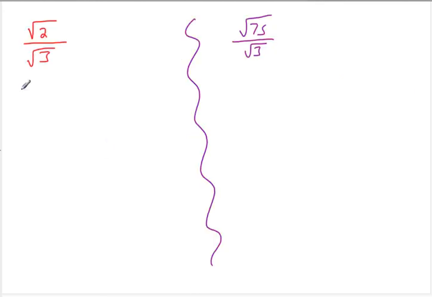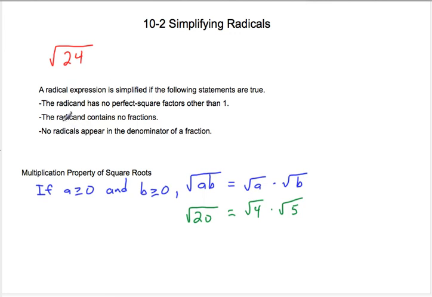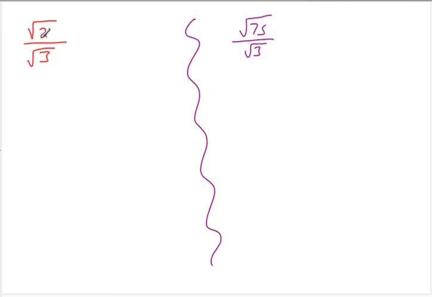I think this is our last slide here. If you remember back here, the rules state that no radicals appear in the denominator of a fraction. Okay, so this one, can't put it like that. So how do we get rid of this radical in the fraction? Well, the radical is like a square root, so if we could multiply the square root times itself, we would get a whole number. And just like we can change 2/3, if we multiply the top and bottom by 2 to make it 4/6,